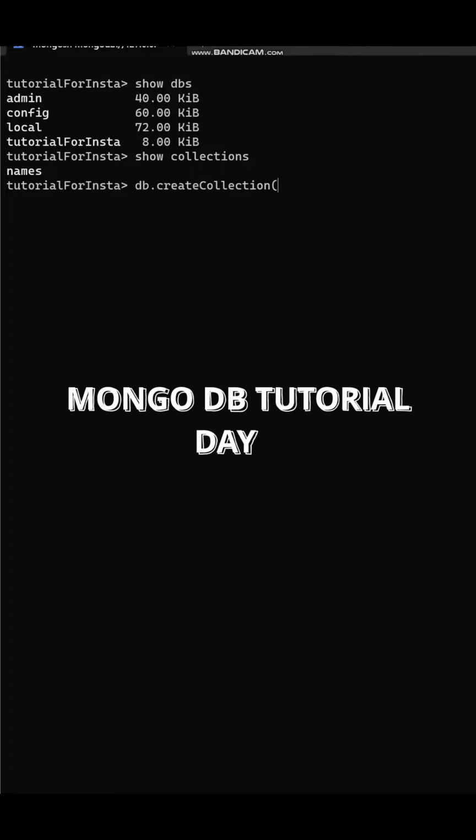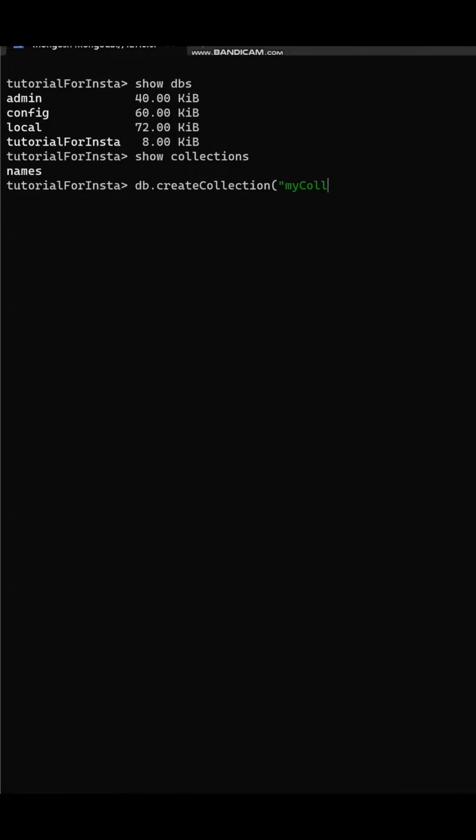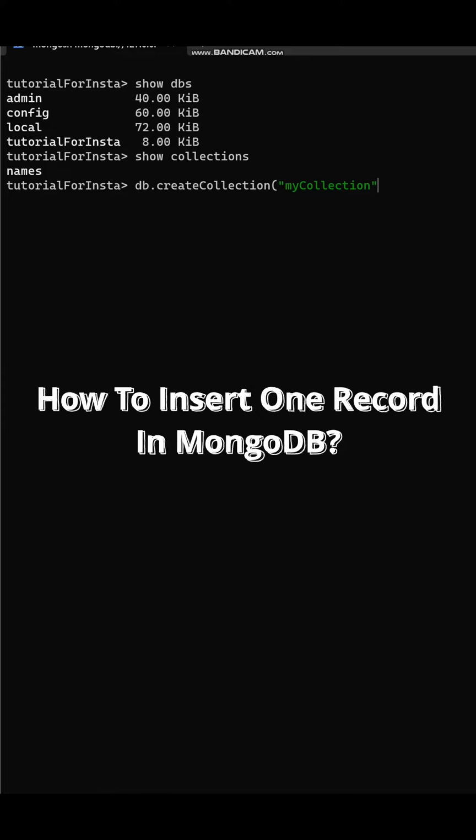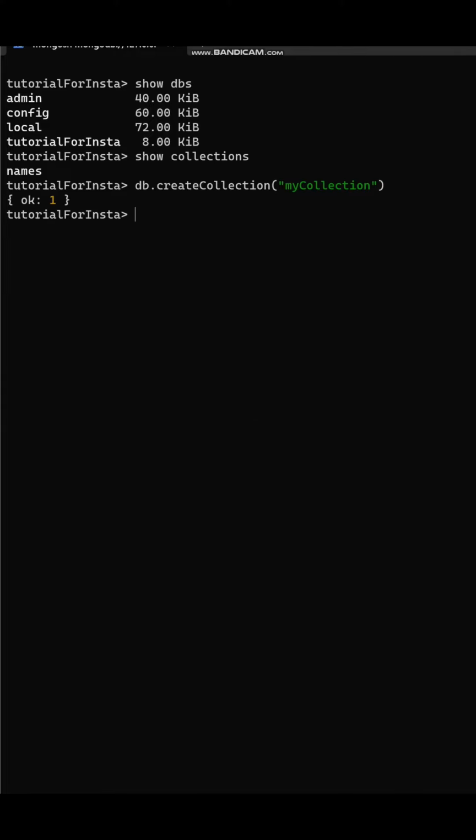Create collection, and we'll put myCollection, and now it gave an OK response saying that it has been added. So now in order to add or insert an element, we have to use a command, db.myCollection,